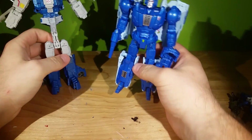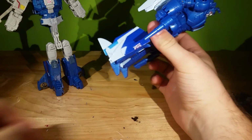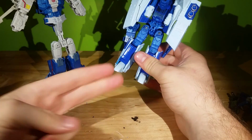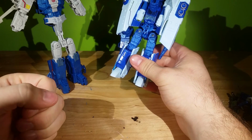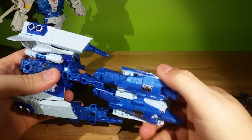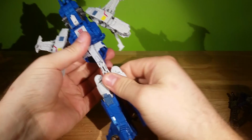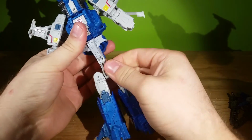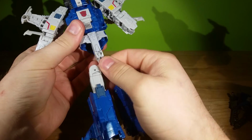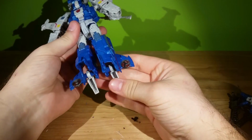So when I was reviewing this guy, I went through, we'll probably see the other side of these being used. They did remold this side. They remolded most of the leg, but the functionality and the way they fold up is exactly the same. As well as on Scourge, we have that pull and twist feature. We have the same one built into Highbrow, except we don't twist it. The other armor comes down and blocks it from being twisted. So next step is to fold that right up in there,